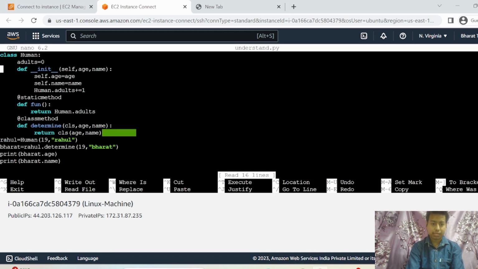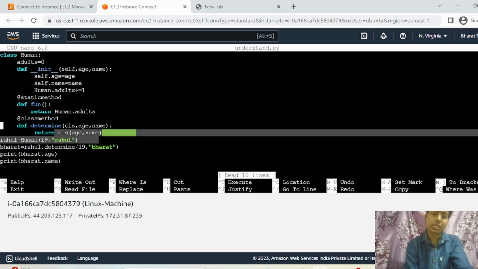What happened here? This was the class method we have declared and we have said okay, this function will accept a class, right? It will accept an age and a name, right? So using this we have told it that I want to send this age and this name. Now return what? This class. Class is nothing but this class, because Rahul's class is human, right? So human age comma name, right? This age which has been passed and name, call this. This will call a class constructor,